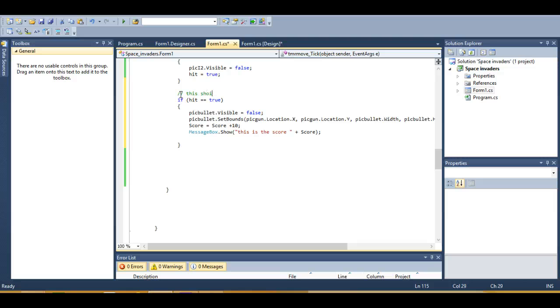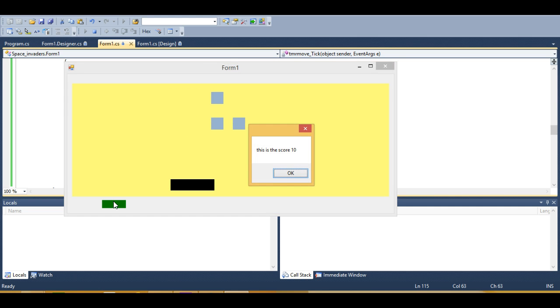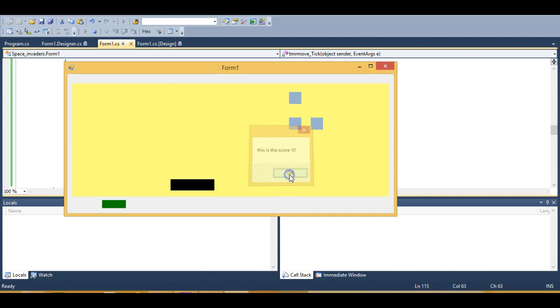This shows what happens if I hit an invader. Let's play and see what happens. Turn the timer on, fire, score is 10. Fire again,